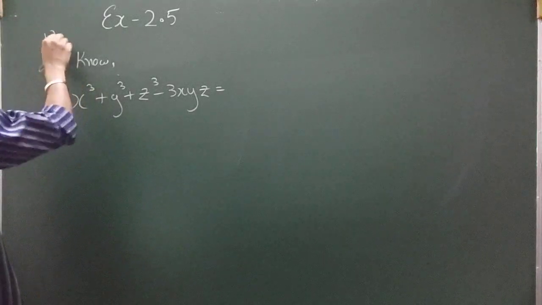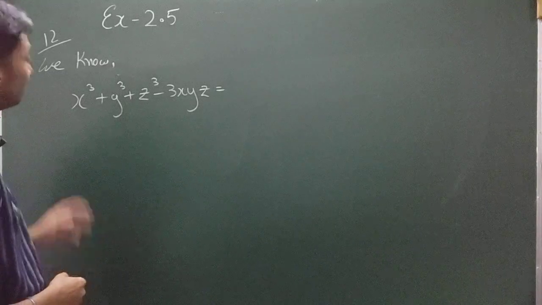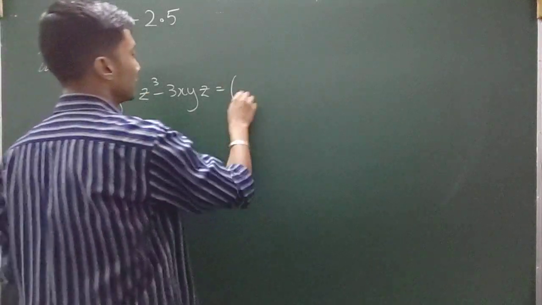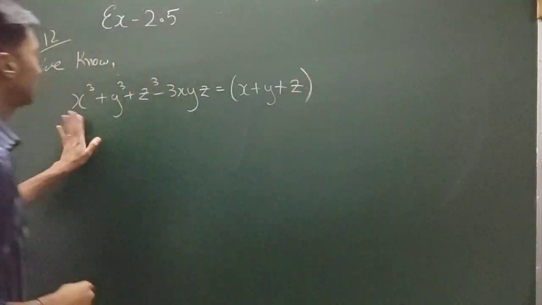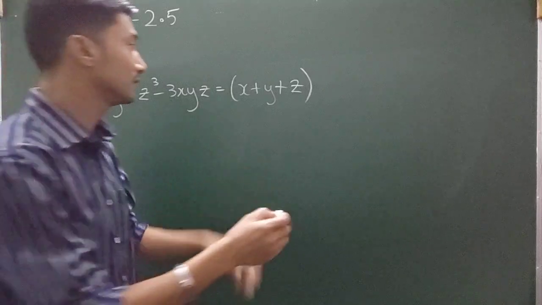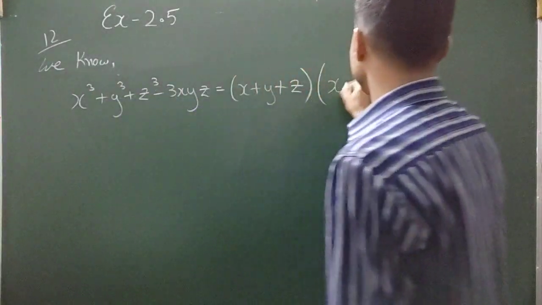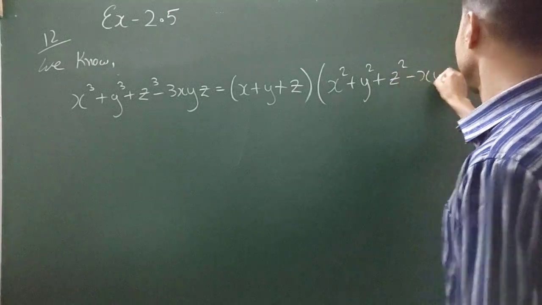So the question number 12 solution. For this method, we know the identity: x cube plus y cube plus z cube minus 3xyz is equal to x plus y plus z times x square plus y square plus z square minus